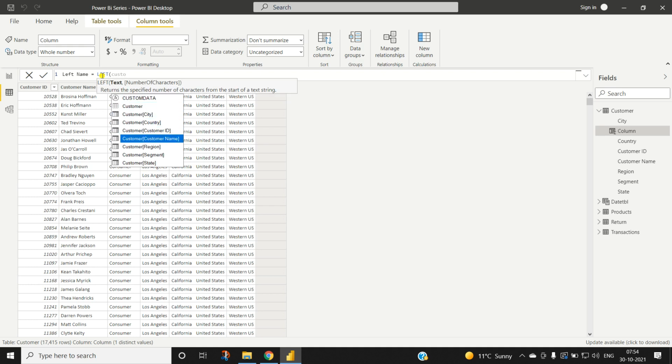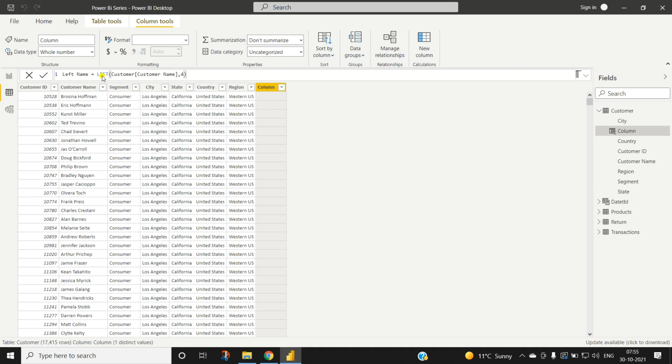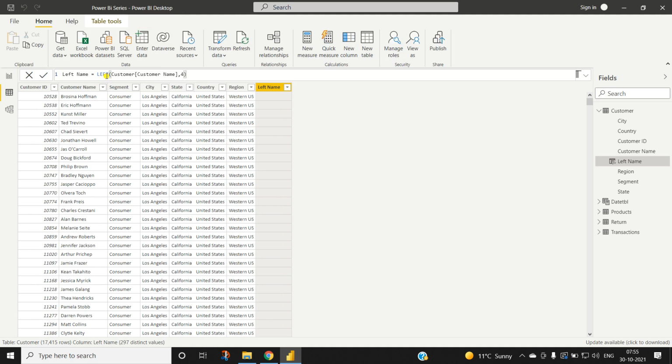So customer table customer name. Here it is asking for number of characters. If we provide the number of characters, it will only extract the data till that value. So here I have provided 4. Now it will extract the 4 characters of the first names, which is not correct.